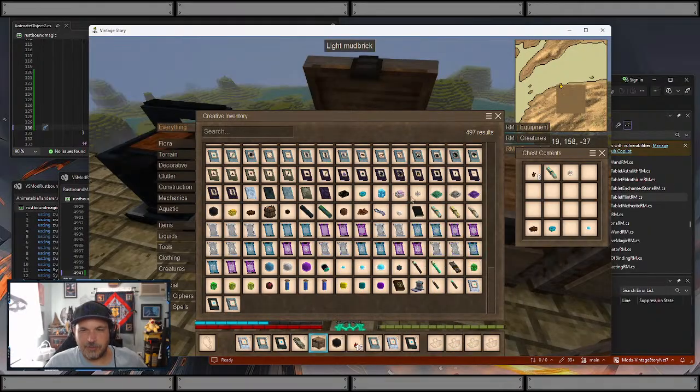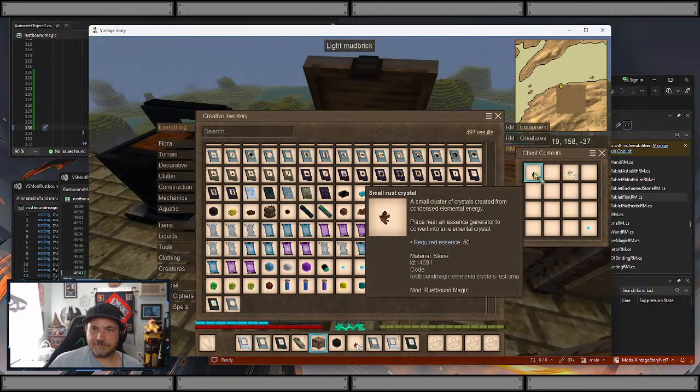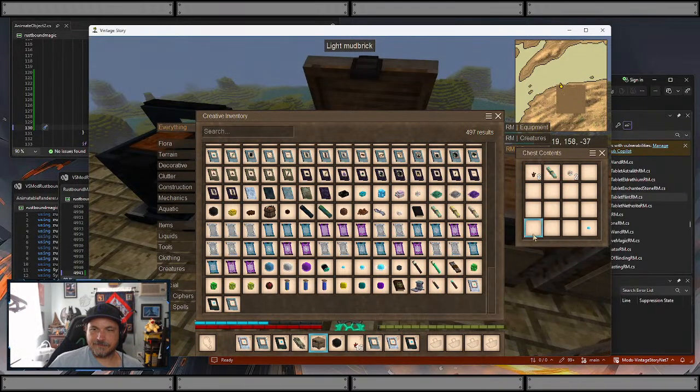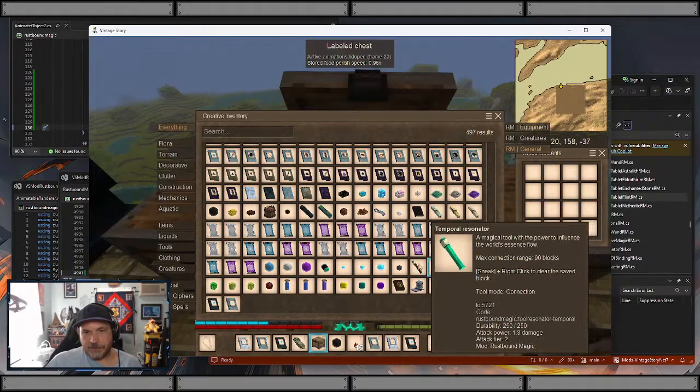Now what? 2 crystallized memories would create this guy. And then for this, for the tier 2,